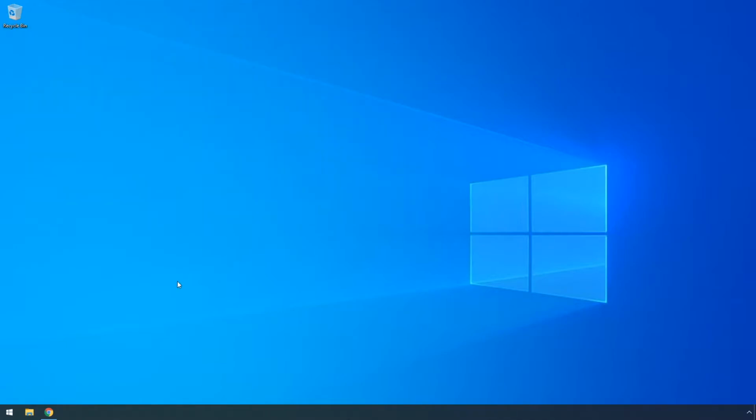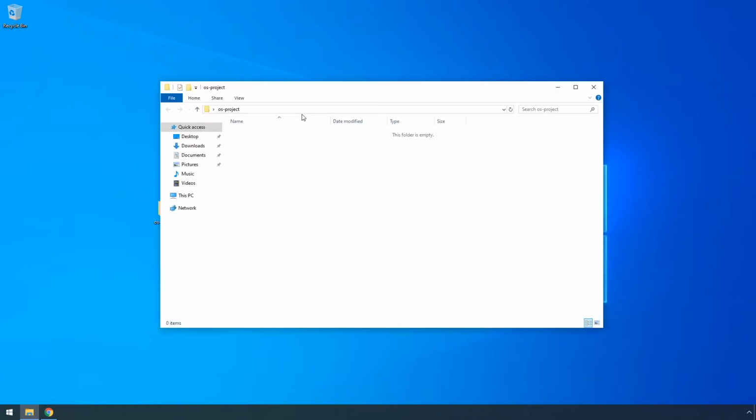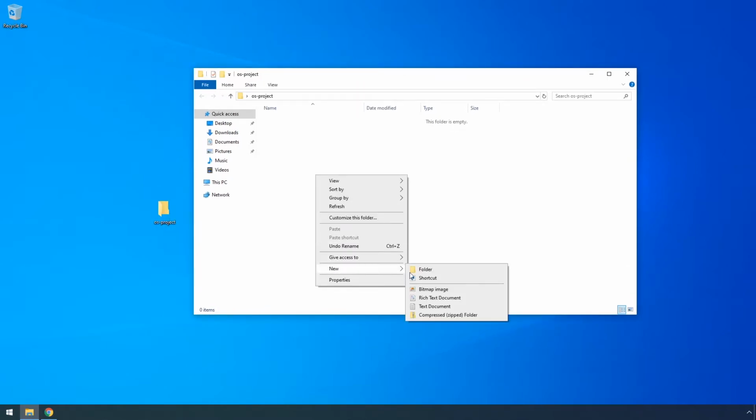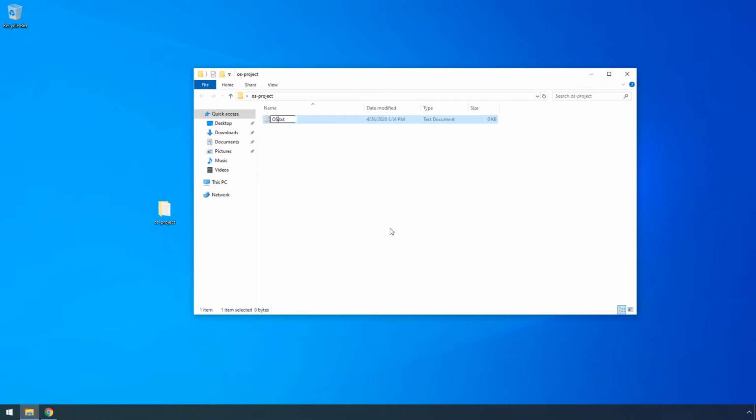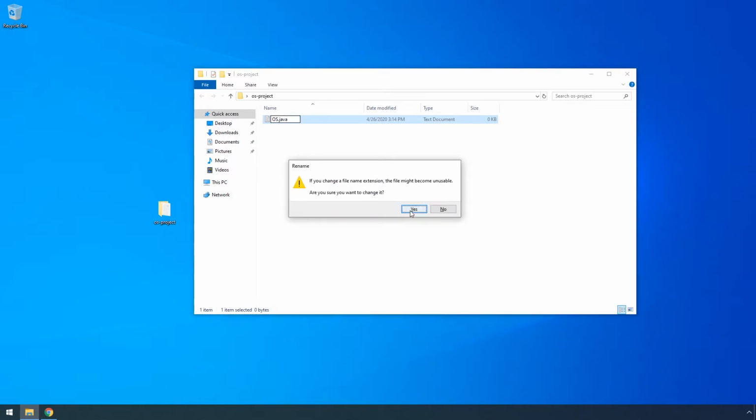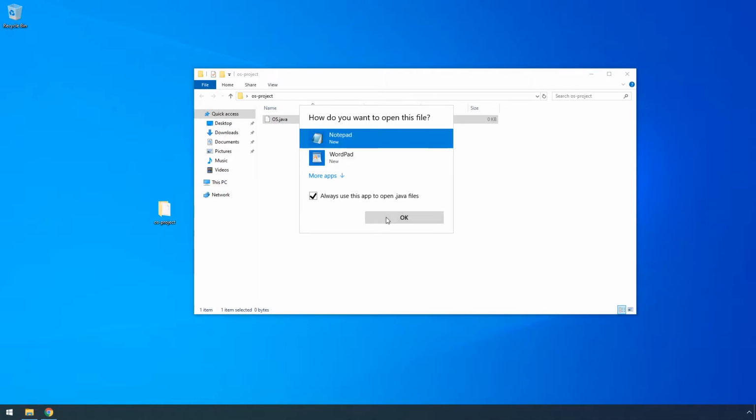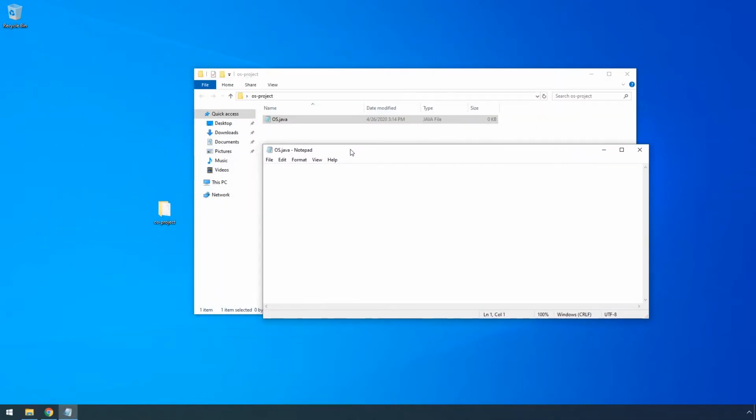When it comes to coding in Java, you must write the code inside .java file extensions. So right now, let's write some code that will make our computer tell us what's the name of the operating system. So I will create a folder called OS project. Here I'll create a text file and I will change the extension into .java, and inside the file I will write the code. Please do not focus on understanding the code, but rather understanding the analogy.